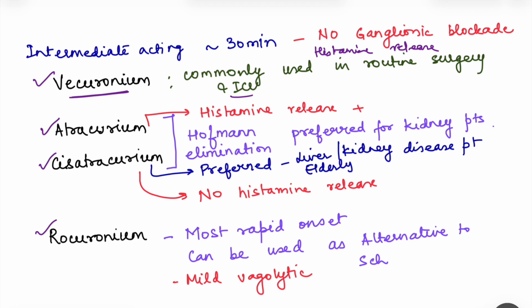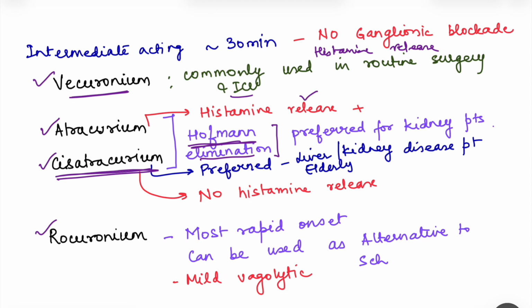Then we have atracurium and cisatracurium. The advantage of these drugs is that they undergo Hofmann elimination. Hofmann elimination basically is spontaneous non-enzymatic degradation. Okay, so they do not require kidney and liver for elimination. Hence, these are the preferred drugs for kidney patients and liver disease patients. And in fact, among these 2 drugs, cisatracurium is the one which is much more preferred, because atracurium causes